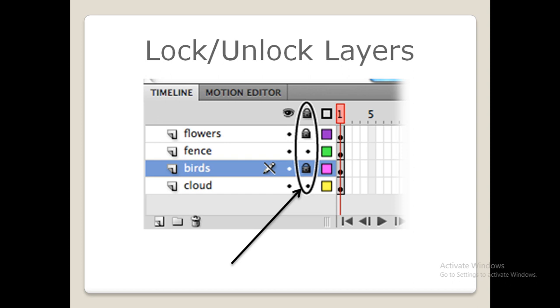Now if you wish to unlock this, you have to click on the lock icon next to it. So when you click on the lock icon, you can see again you can edit and make changes in the layer. So you can lock or unlock all the layers at once. Simply click on the lock or unlock all layers icon on the timeline. So in this manner, students, you can lock layers or you can hide and unhide any layers.